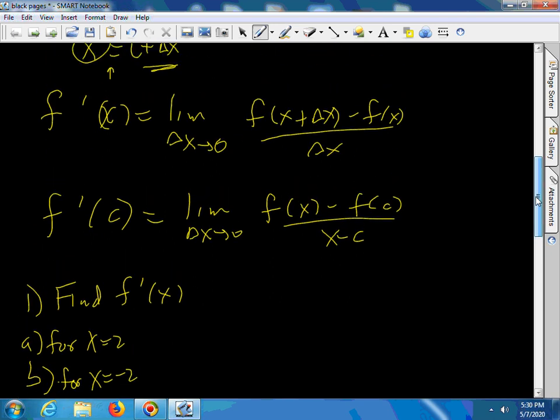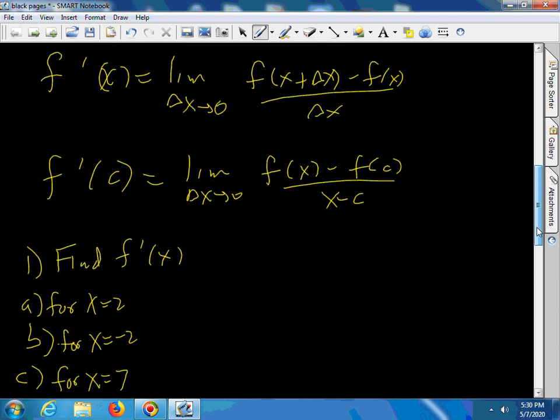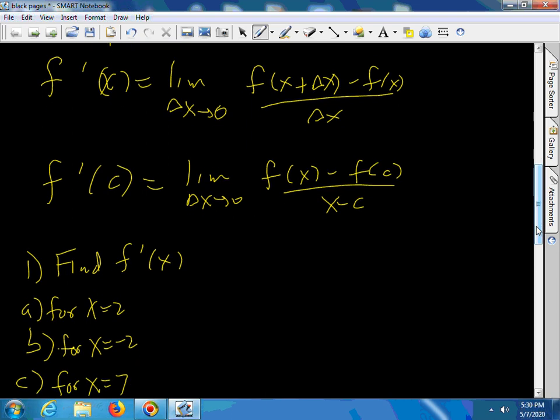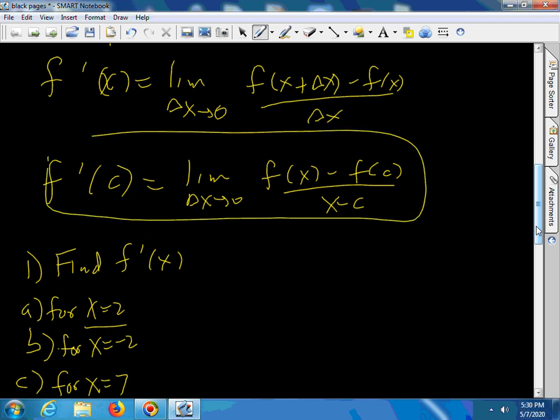Now, one way of finding the derivative at x equals 2 is to use this formula. In other words, you can just go f prime of 2 is equal to f of x minus f of 2